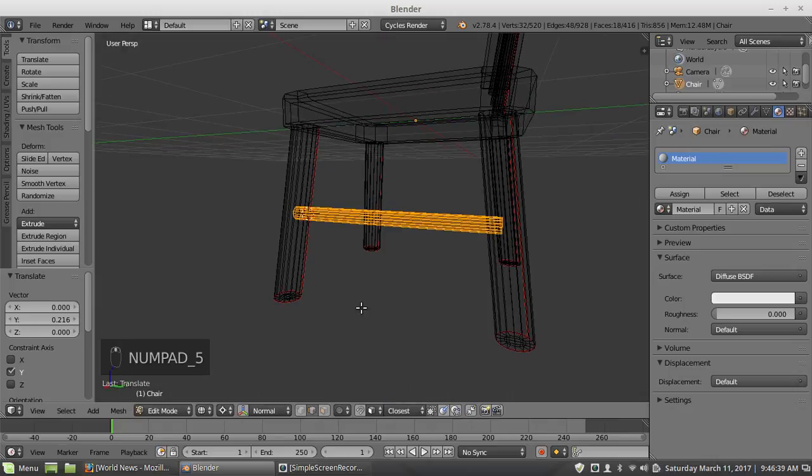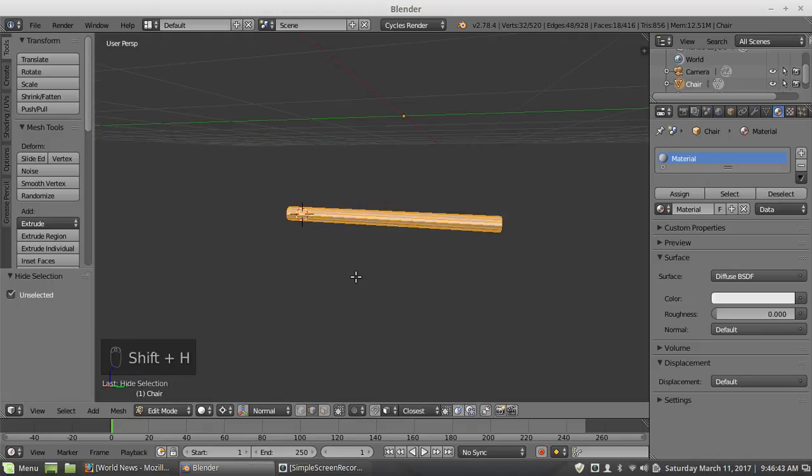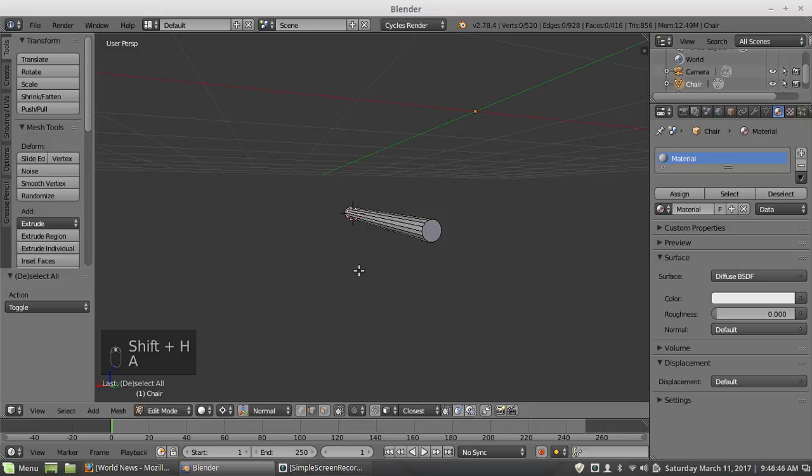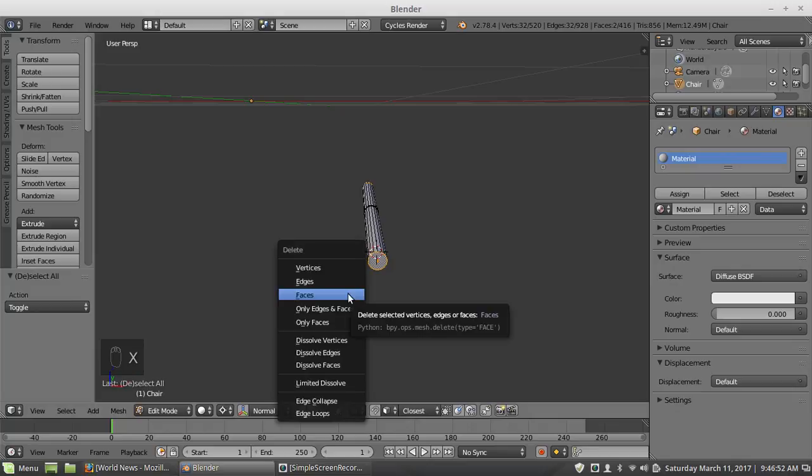I'm using the number pad hotkeys. And like the other stuff, I am going to get rid of the ends. They will not be seen, so you can delete them.